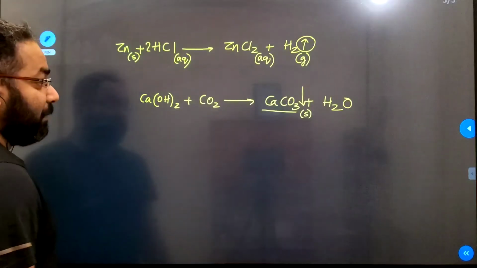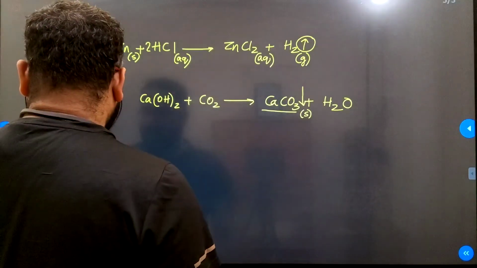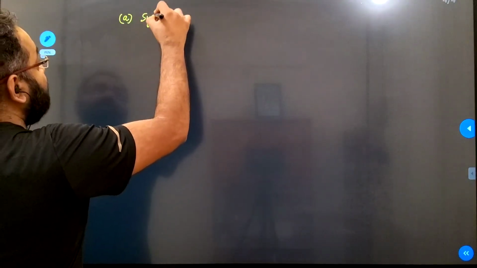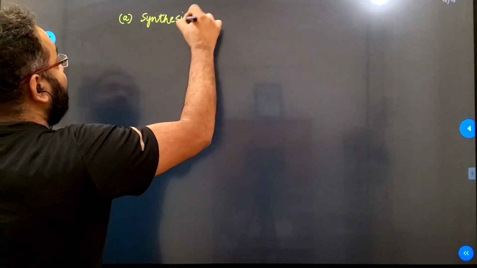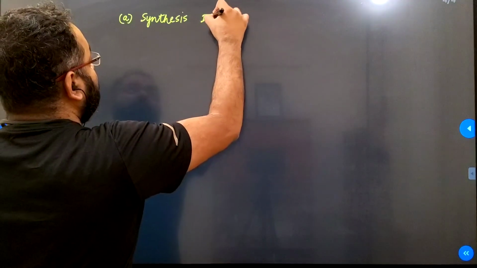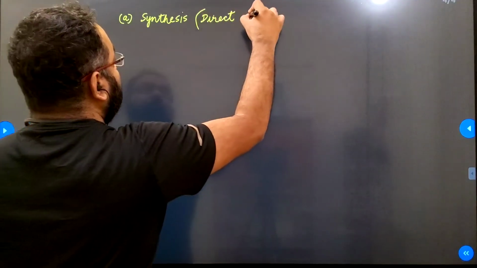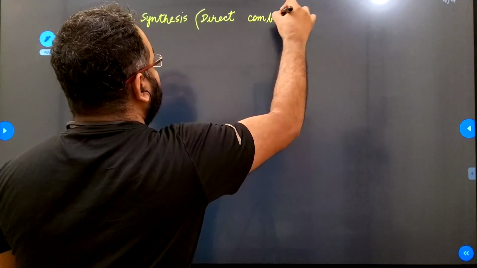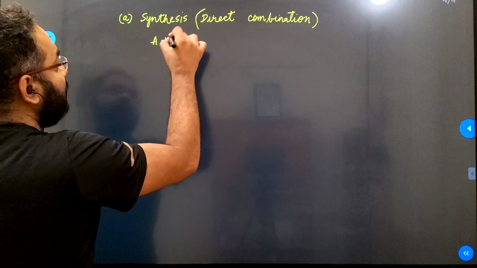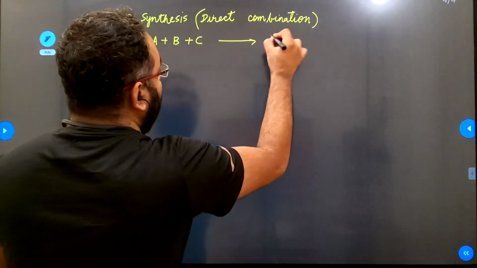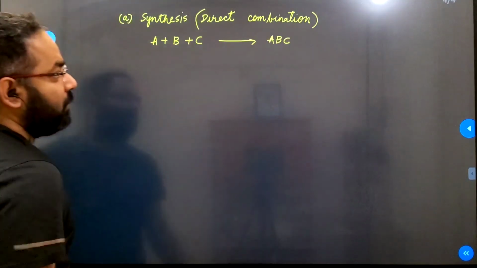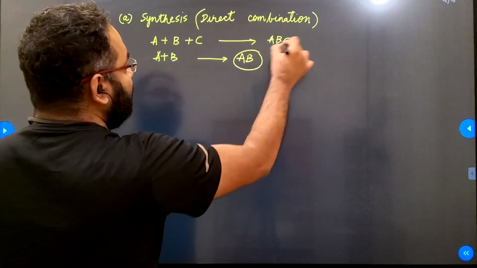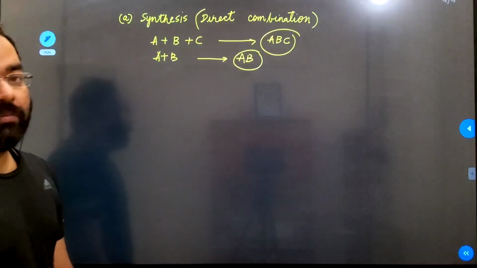After this, in the chapter, we went into the types of chemical reactions. Now, what types of chemical reactions do we have? The first type of reaction is called a synthesis or a direct combination reaction. Whenever you think of a direct combination reaction, always remember you can have multiple reactants, but it all combines to give you a single product. You could just have two reactants giving you a single product. As long as the product is only one, you say the reaction is a direct combination reaction.